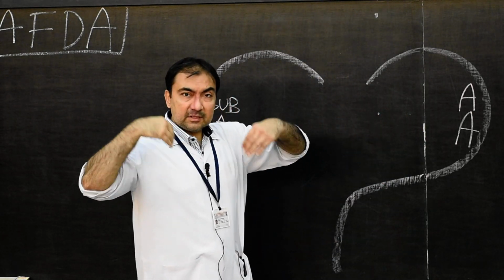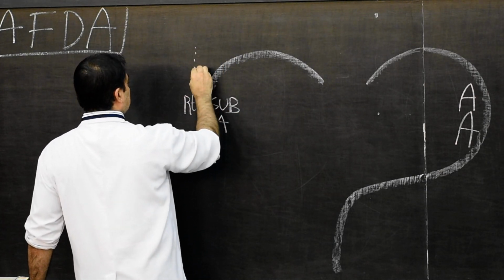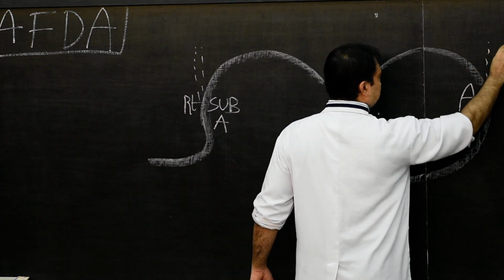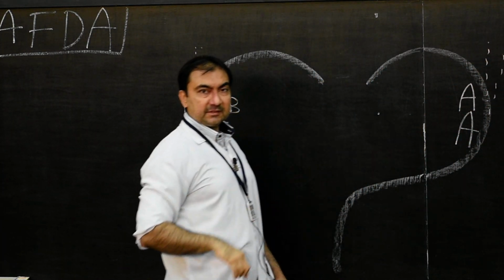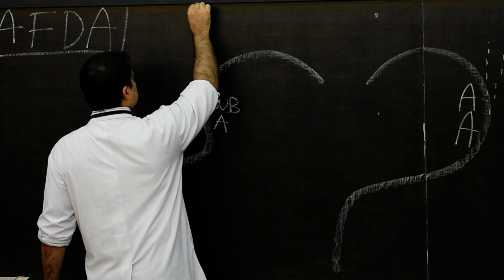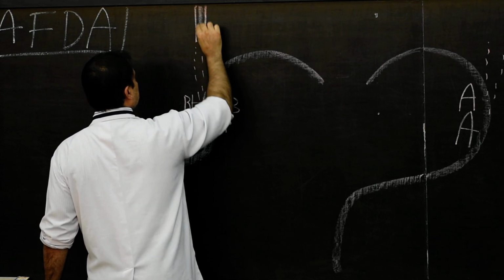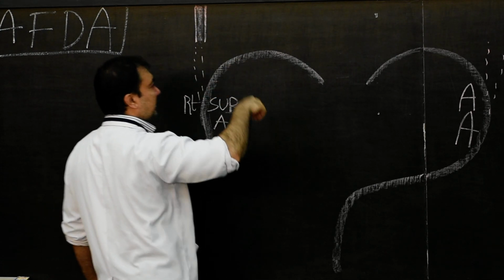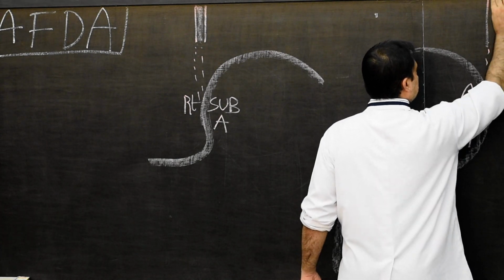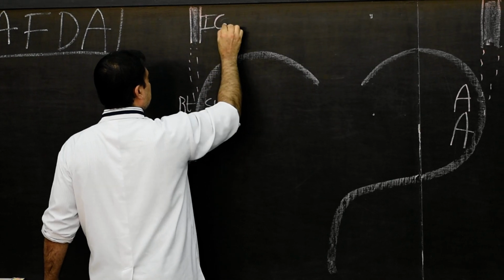What about the dorsal aorta cranial to the ductus caroticus? See here, this portion of the ductus caroticus has disappeared. Here also the ductus caroticus has disappeared. We have discussed this in the previous segments. Now cephalic to the ductus caroticus, that is cephalic to the third aortic arch, this portion of the dorsal aorta will develop into the internal carotid arteries on both sides. So right and left side will develop into the internal carotid arteries.